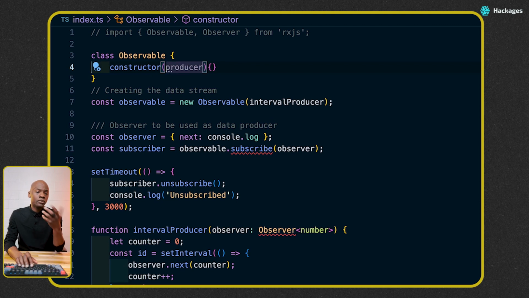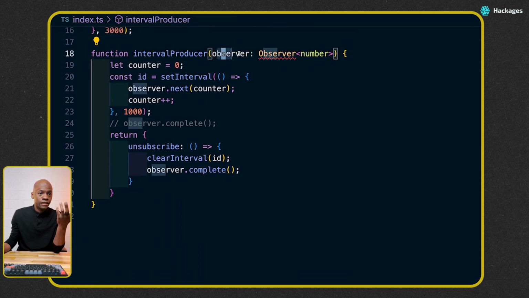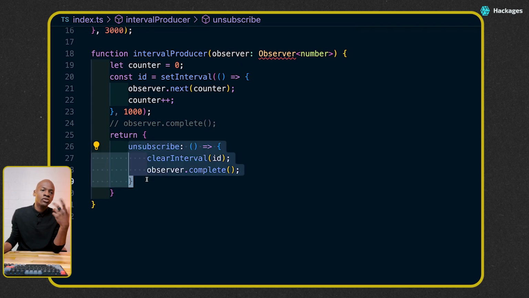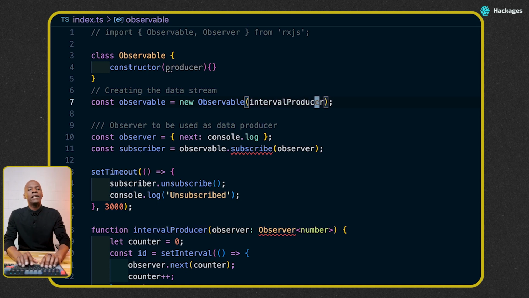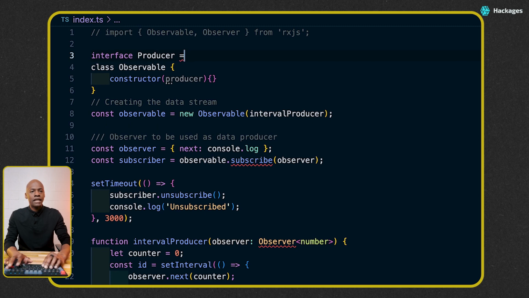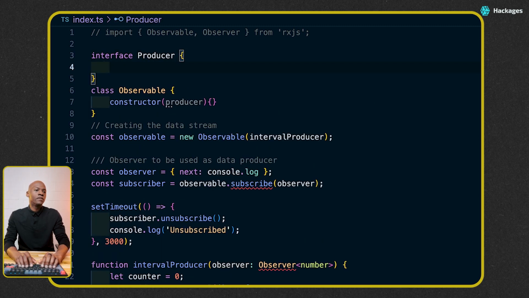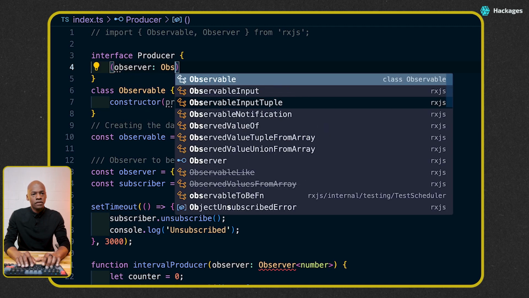Okay, so what is a producer? A producer is basically what we saw right there. It's this thing that takes an observer and returns something that has an unsubscribe function, right? So we can quickly type that. We say here a producer that is being passed here. So I'm going to create an interface called Producer, and that interface, what we're going to do is to say it takes something that is an observer,